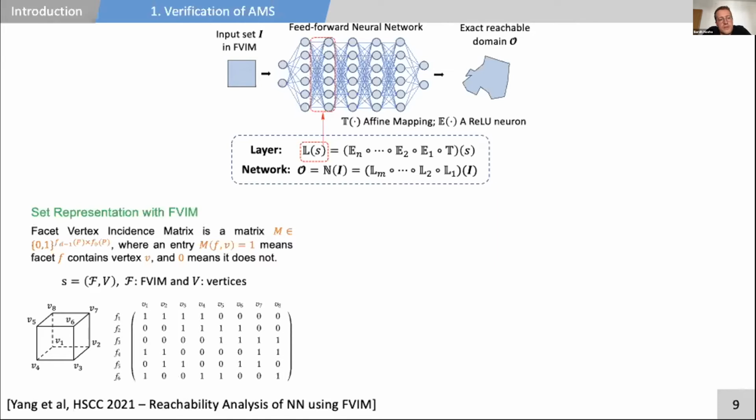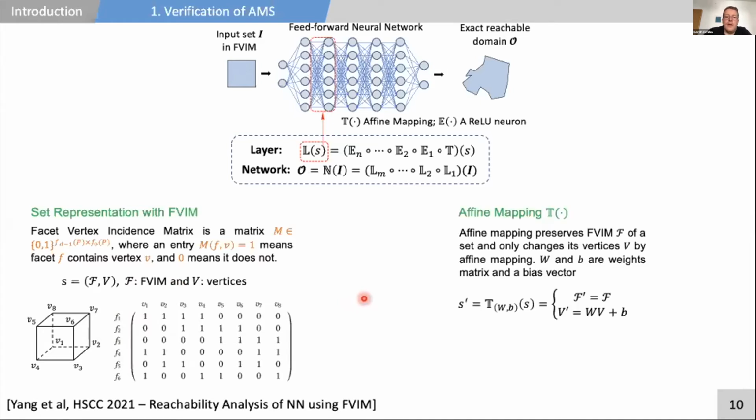And we use something called a Facet Vertex Incidence Matrix, which, as in the example shown, lists each facet and each vertex, and then shows whether there's a relationship between the facet and the vertex. For this separate representation, affine mapping is very easy. The faces of the set do not change, only the vertices change, so you multiply with a weight and add a